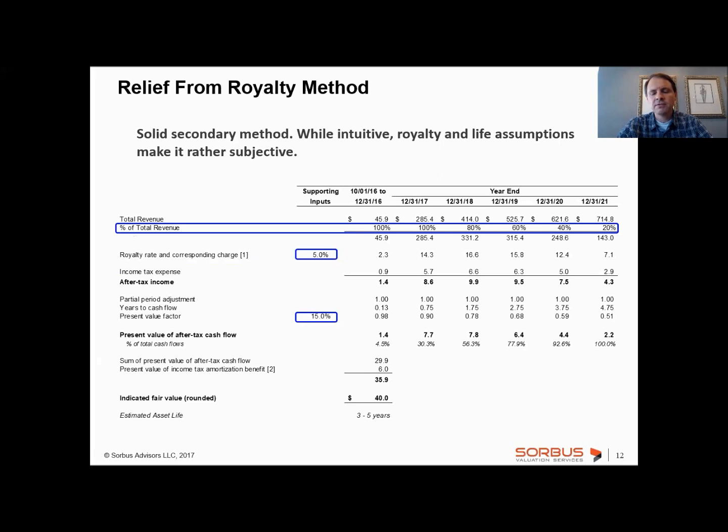So if you have a very valuable trade name, or a certain technology, and you use this trade name or technology when selling your product, then say you're Coca-Cola, right? You don't have to in-license the Pepsi name, you can use your own Coca-Cola name to sell your product. And so the savings that you get from not having to in-license the name is what we actually measure here. So that's why it's called relief from royalty.